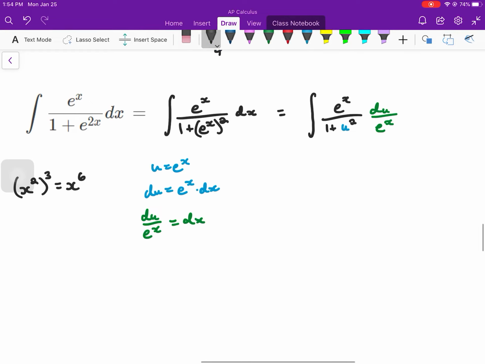E to the x's cancel out. We're left with the integral of 1 over 1 plus u squared du, which ends up giving us arctangent of u plus c,